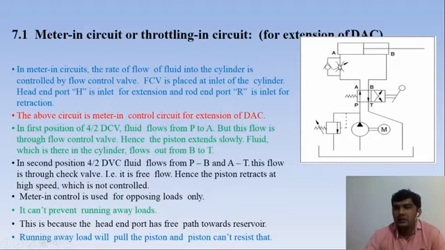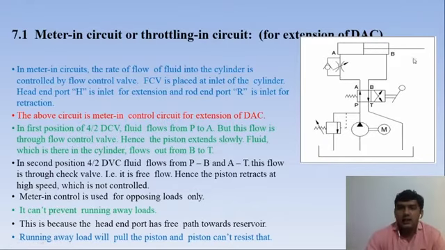So in the inlet portion, we can control the hydraulic fluid velocity or flow motion, and by that we can also control the speed of the cylinder. So the cylinder will extend. At the same time, fluid will be passed from B to T and T to the reservoir. In the second position, P will be connected to B, and fluid will be passed to the right hand side, and the piston will move from right hand side to left hand side, and here flow control is possible. So the meter in circuit is possible in two positions.